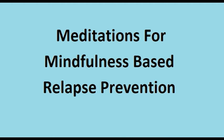And now allowing your attention to rest on the sensation of the breath as it naturally flows in and out of the body. Just observing your body as it breathes. Coming into stillness, sitting with a sense of completeness, with your posture reflecting this. Now when you are ready, bringing to mind the image of a mountain, picturing the most beautiful mountain you have ever seen or can imagine, focusing on the image or just the feeling of this mountain in your mind's eye,